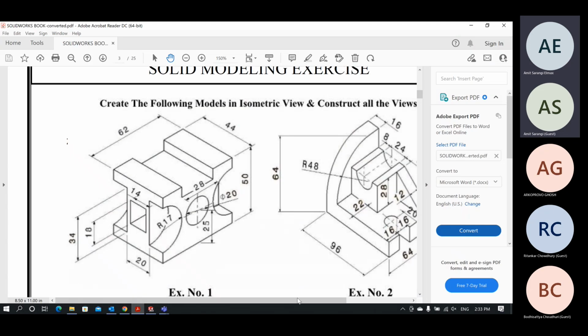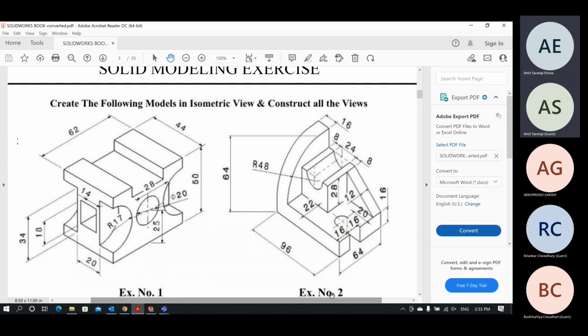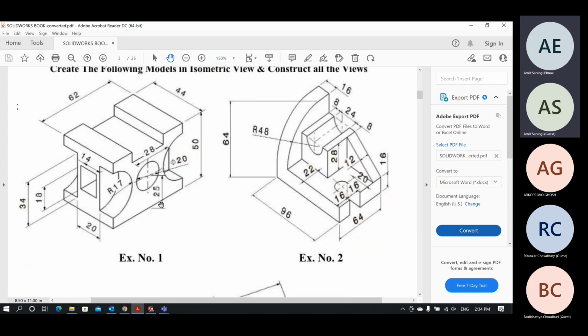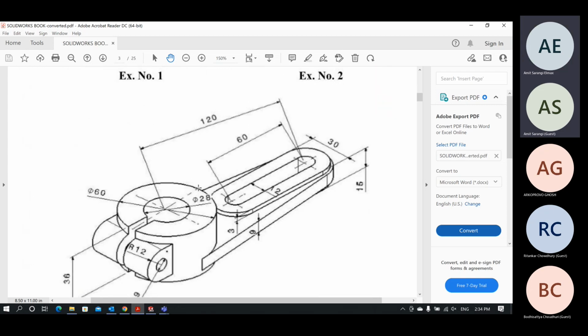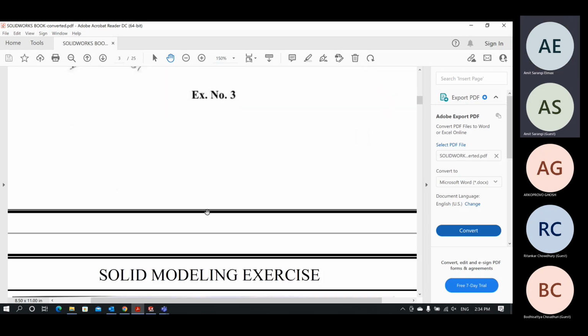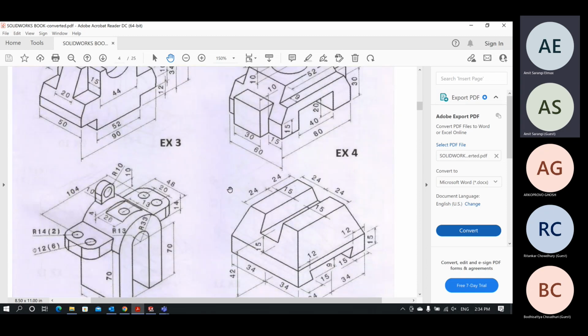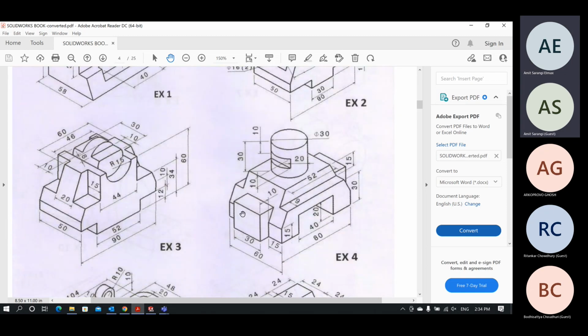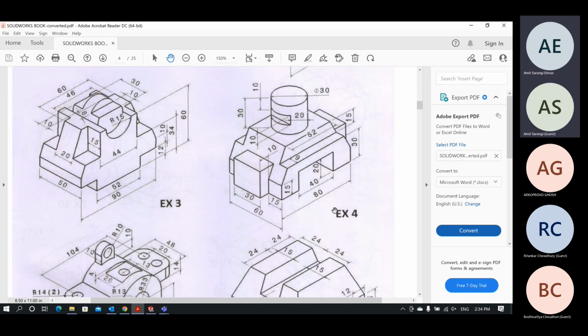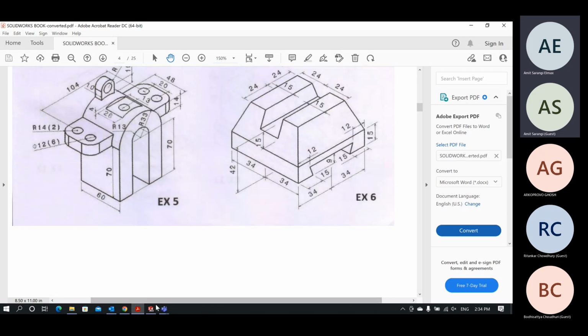Okay. So whenever you are going to create any kind of model, this fillet, chamfer, mirror feature, all these features you are going to use. So use all these features to create this kind of model. And here mirror is going to be used very much, because every time you no need to create individual features, you just need to create one side, you can mirror it to the opposite side. Okay,